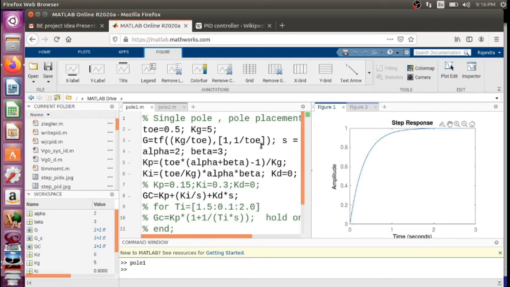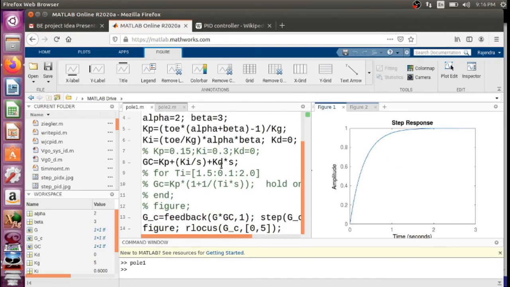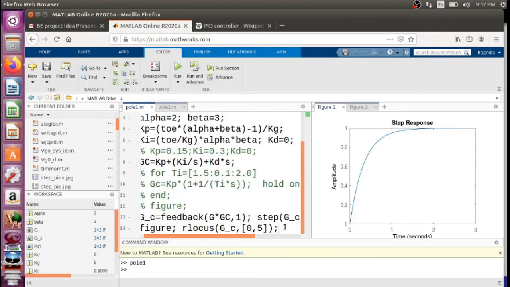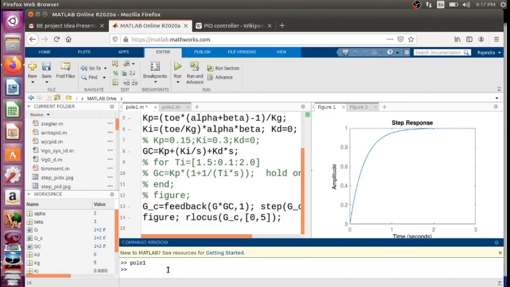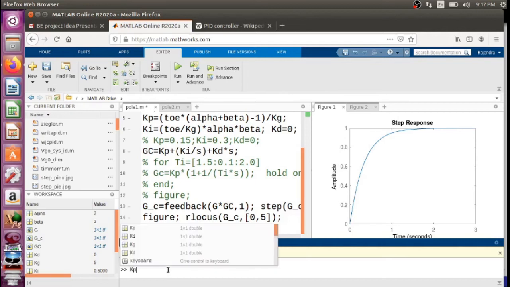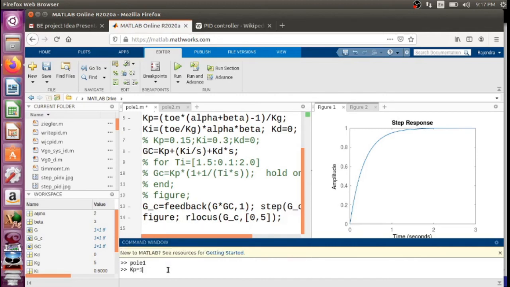Would you like to find out what the response would be without PID coefficients? That we can also find out by simply saying Kp equals 1, Ki equals 0, and Kd equals 0.